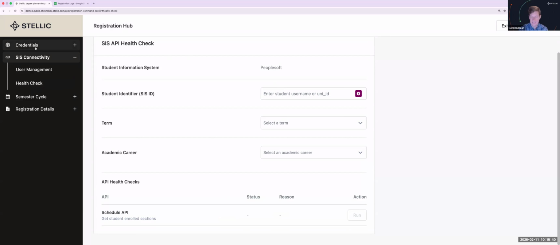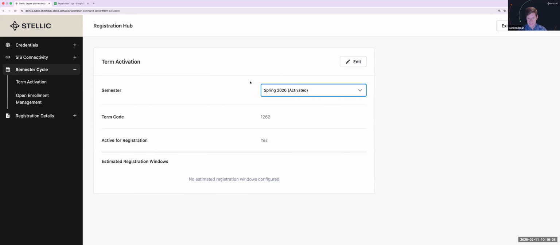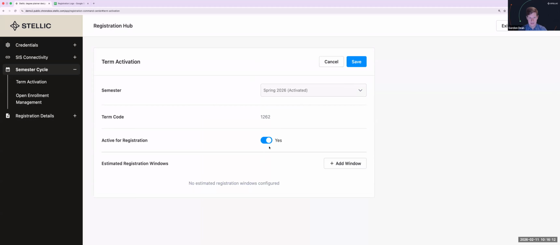So these first two things are really focused on mostly that initial setup. Now we move into long-term management. One other thing that is very annoying for everyone to do right now is, hey, I have a new term coming up. I'd love to be able to activate said term because if I am sending in time tickets and I have already enabled registration, the only thing that I need to do is make sure that that upcoming term is active for registration. All I have to do is come in, click on that particular term, and then come in here and